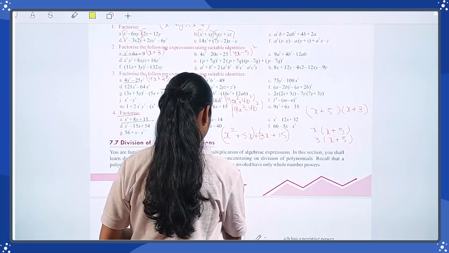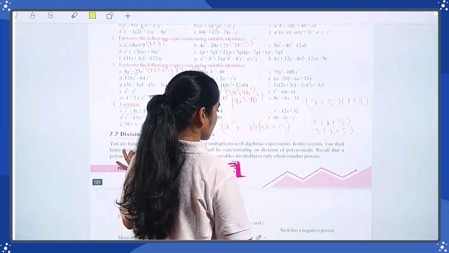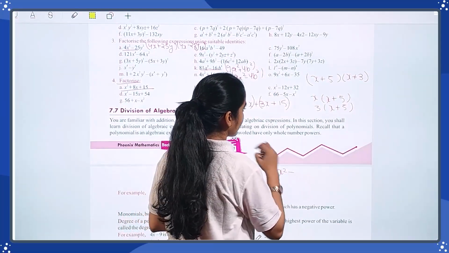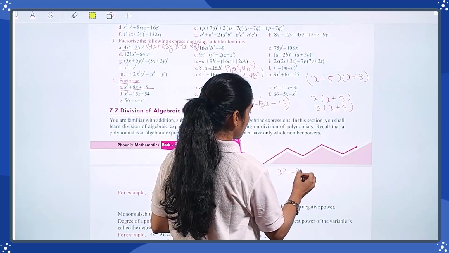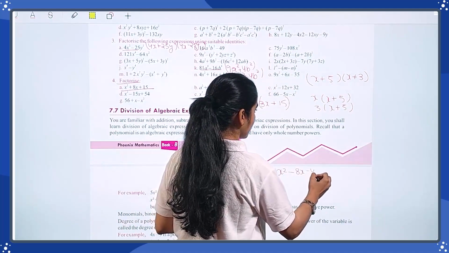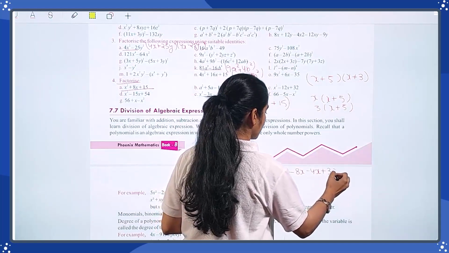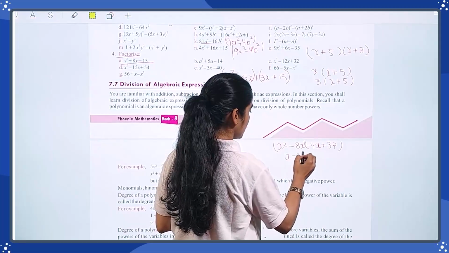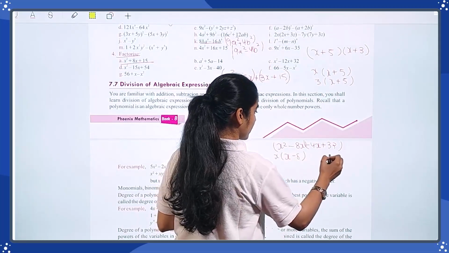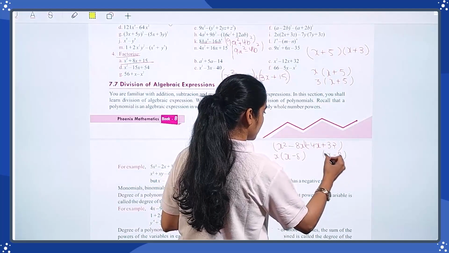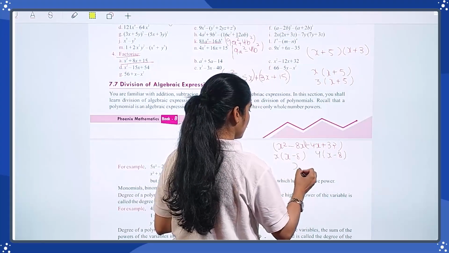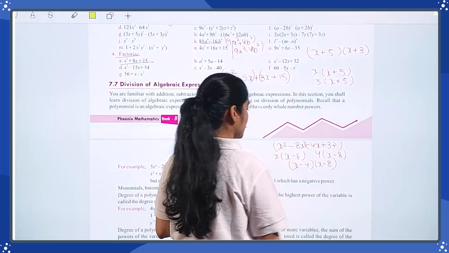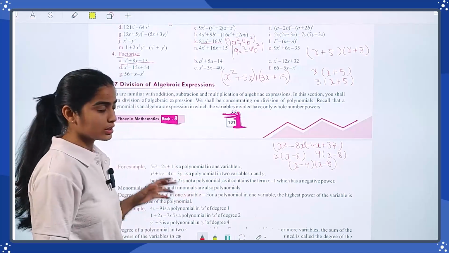So in this we can write x square minus 8x minus 4x plus 32. Now you have to make groups of it. So x minus 8, x is outside; x minus 8, 4 is outside. So you will have x minus 4 and x minus 8. In that way you can solve all the rest of the questions in the same manner.